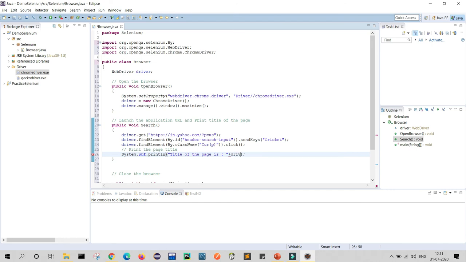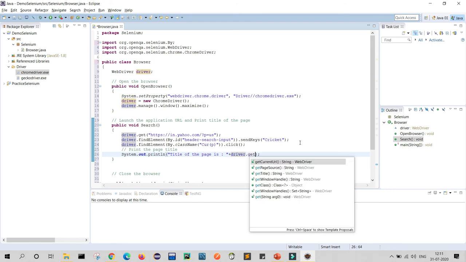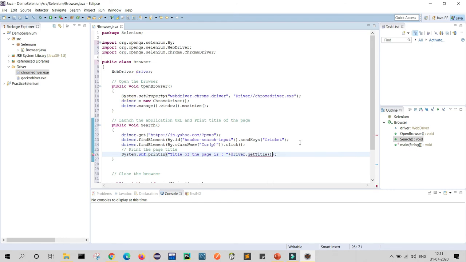So this will print the title of the page in the console window. Now my next step is to close the window.